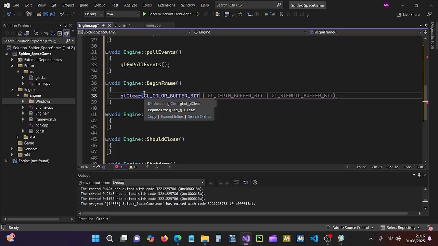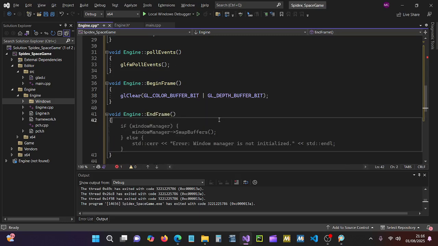Color buffer bits and GL depth buffer. Now we don't know that we want the end one at the moment. We might do later, but that's all we need for now. End frame is